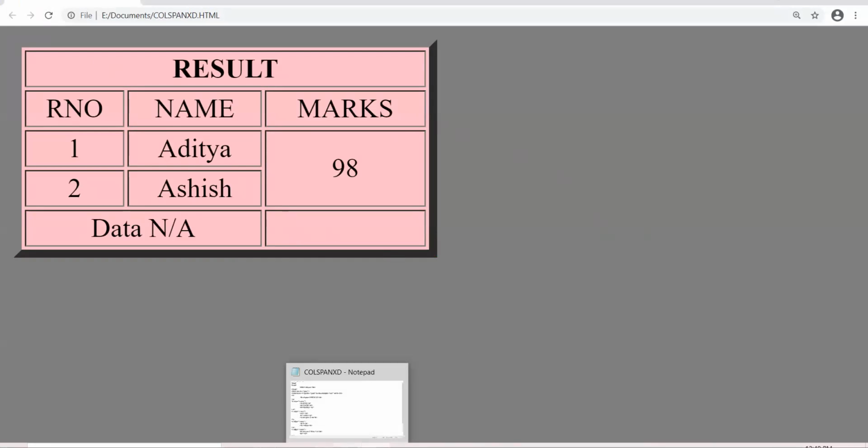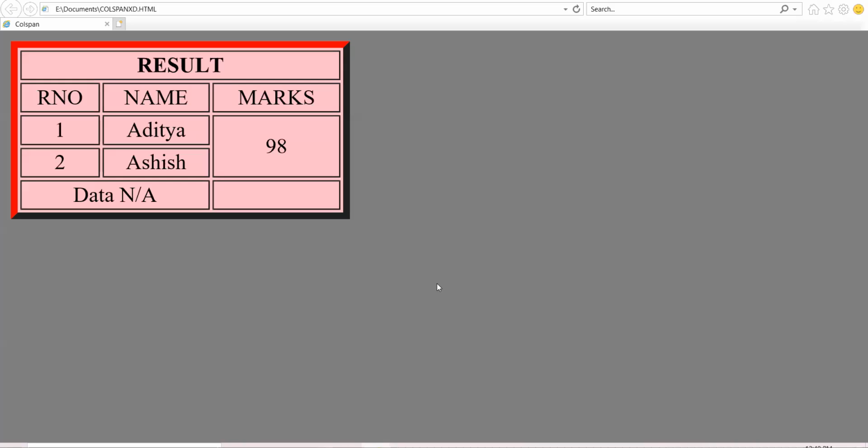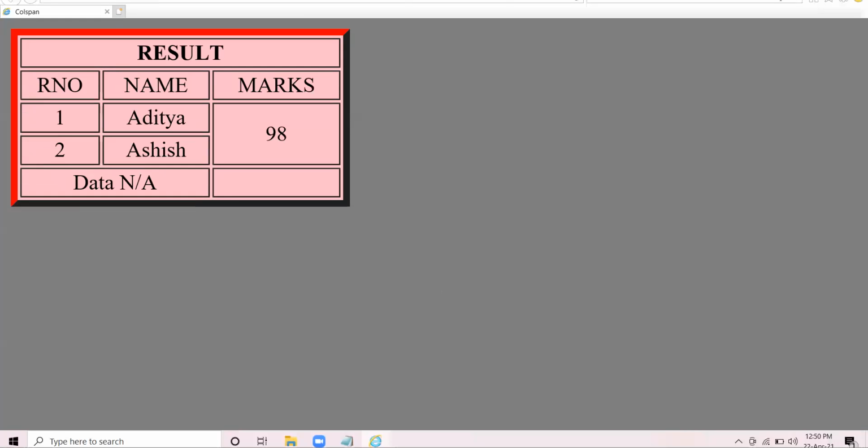I show this in Internet Explorer. Now see carefully. See the right and the bottom side. The border is of some dark gray shade. The border is visible in red color on the left and the top side. This is the view of Internet Explorer.